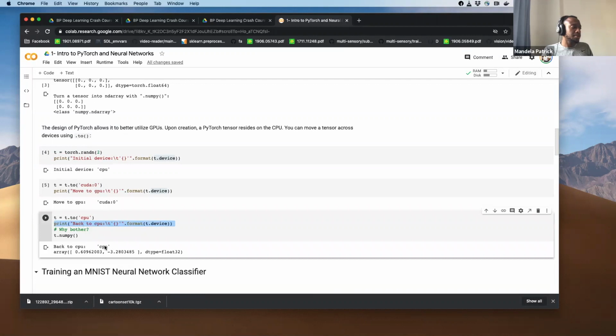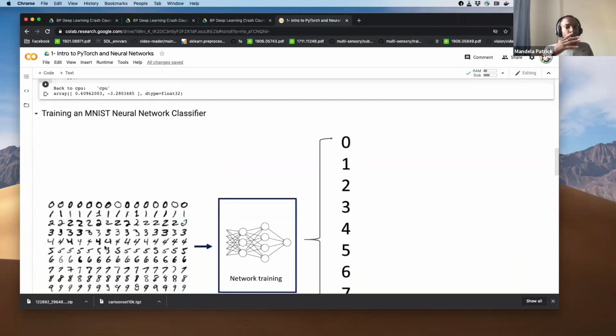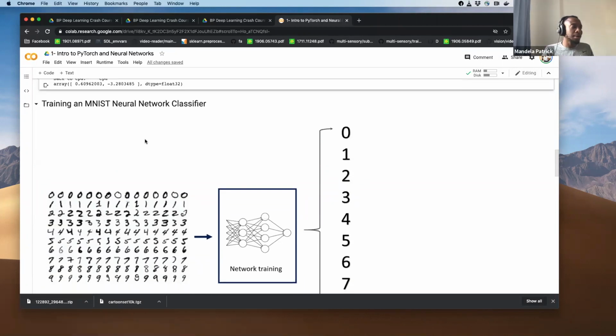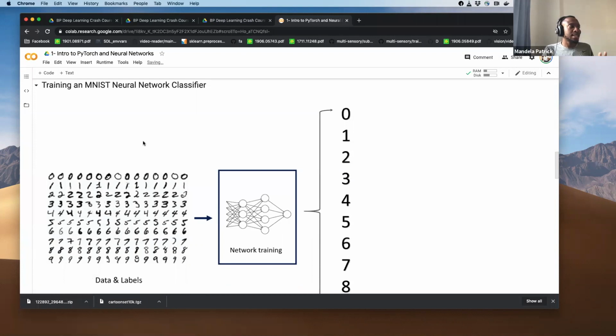So in this notebook, we're going to train what we call a neural network classifier. And this neural network classifier takes a handwritten digit, either 0, 1, 2, 3, 4, 5, 6, 7, 8, 9, and outputs a label.